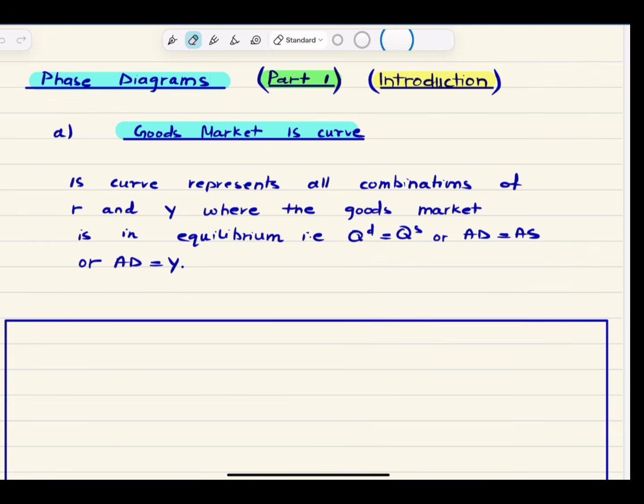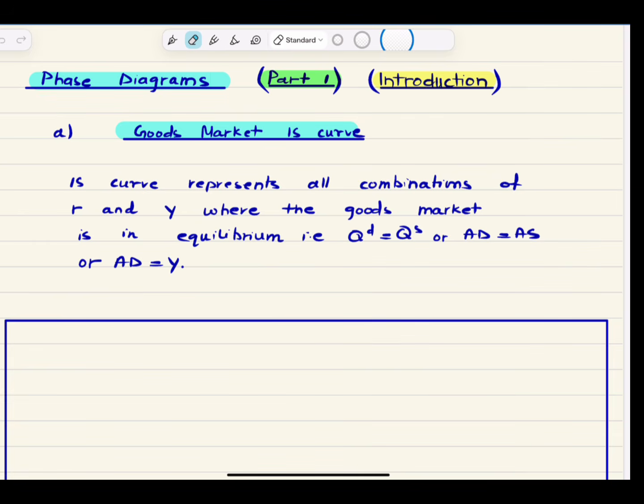Today we're starting a three-part series on phase diagrams in macroeconomics, which helps us understand not just where equilibrium is, but how the economy moves over time when it isn't in equilibrium. In part one, which is today's video, we are building our foundation. We'll go step by step through